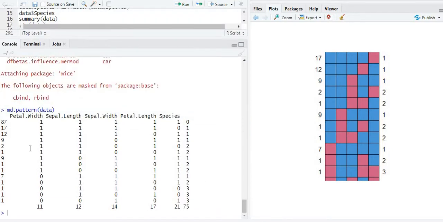So you can see 87 rows do not have any missing value.